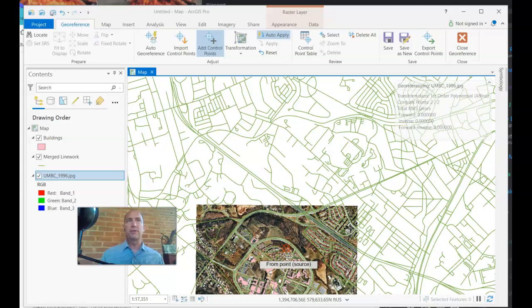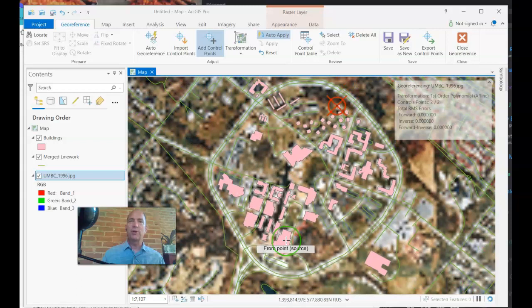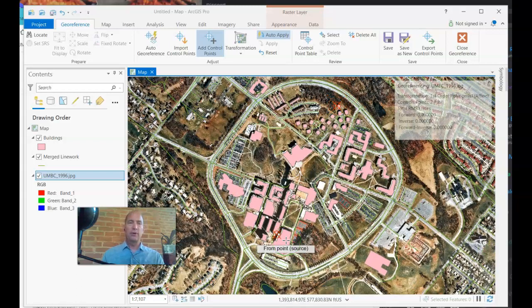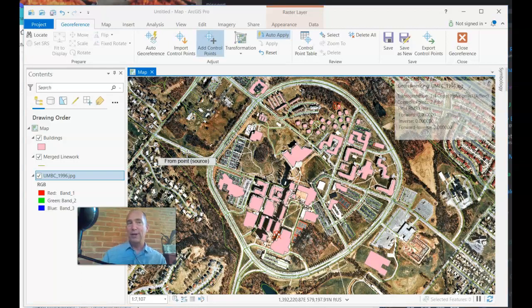For the purposes of this demonstration, I'm going to leave that alone. I'll just suggest the more control points you add, the better your rectification becomes. And the more you spread them out, from all over campus, different locations, the better it's going to align overall with that image. One way of measuring your success, of course, is to take a look at how far away your points are from the locations on the ground that you're trying to reference. You can't perfectly place them, but it can give you a measurement of how off it is by